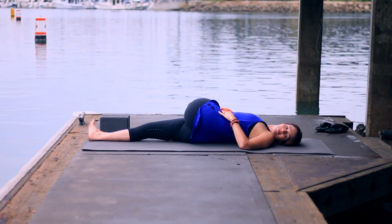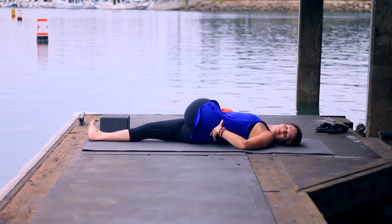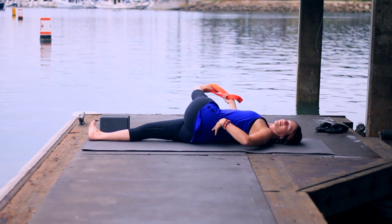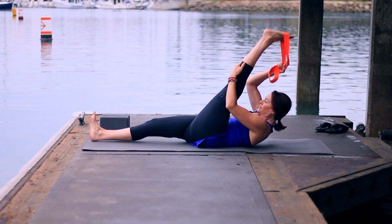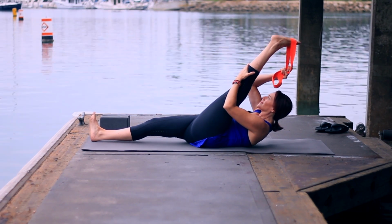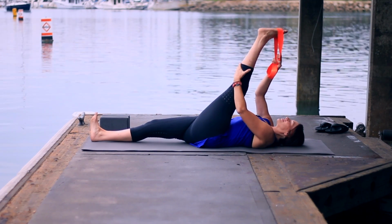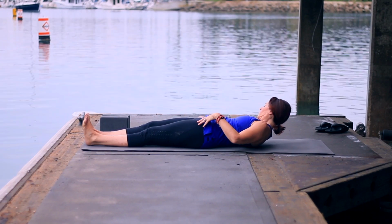Take long, smooth breaths here. This twist is very good for our digestive system, as well as the spine. Inhale, come back to center. Exhale, lift your head and shoulders up for 3 and 2 and 1. And release. Take the strap off the foot, put it off to the side, and then we'll hug